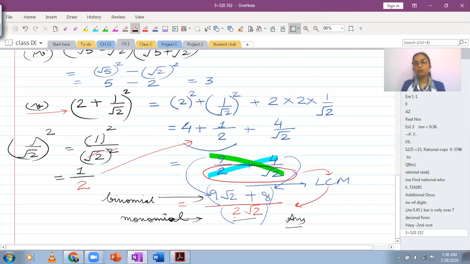Sometimes we are given the value of root 2. If we were given the value of root 2, we would like to rationalize this first. We never want to use the value of a radical number or a surd in the denominator. So we would rationalize this. That would mean in the denominator, we will not have root 2 anymore. How that will happen, we are going to do that in the next question. But after you have rationalized your denominator, then you can use the value given to you. So there are certain questions in the assignment you will come across. I'm just mentioning those side by side.